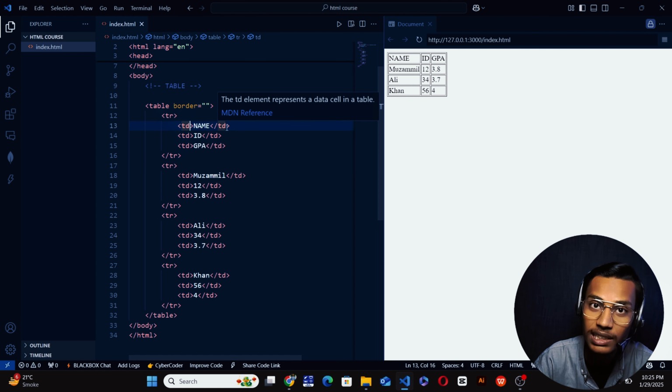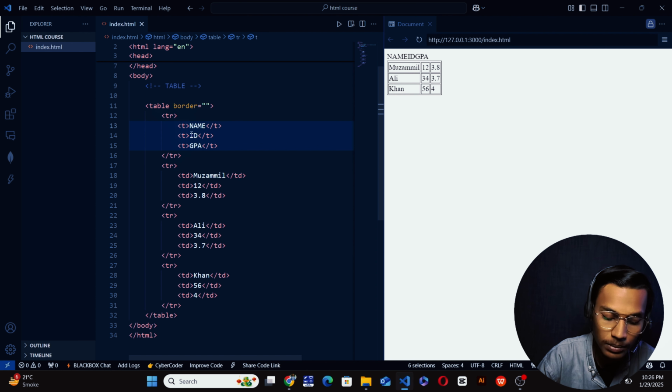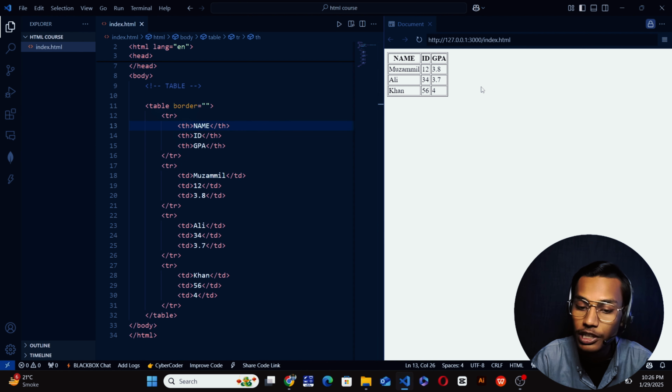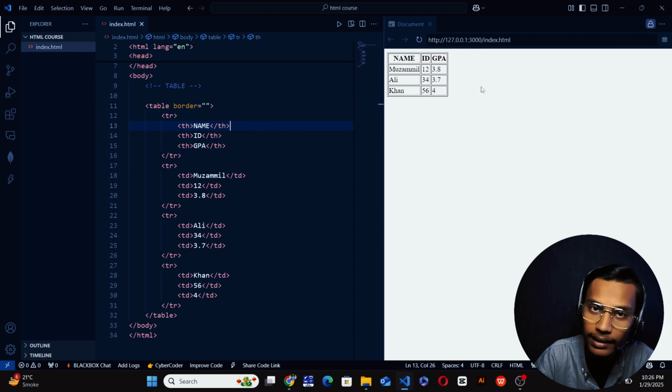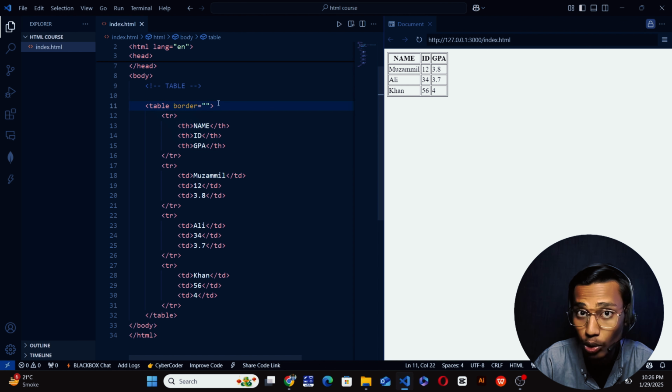I simply change the td of the first row to th. After this you can see that name, id and GPA become bold and heading type.